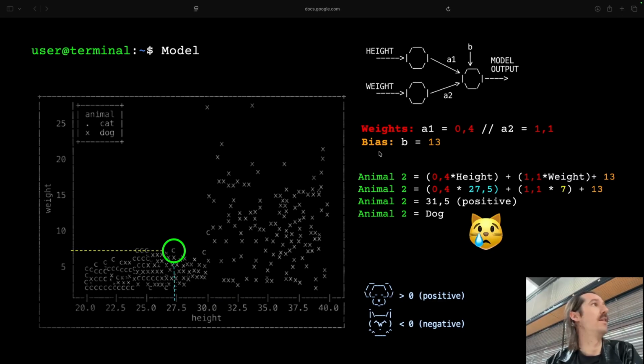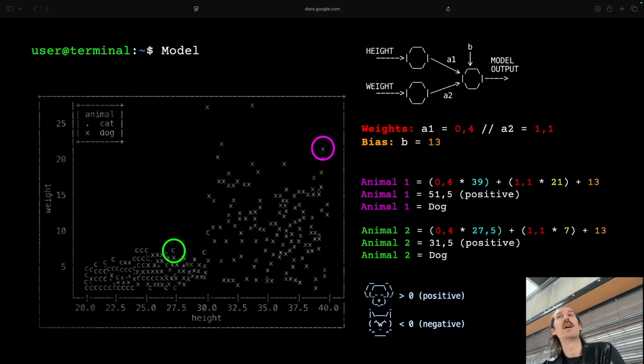So we have to go back and change them and figure out what these three parameters have to be to correctly identify animal 1 in our example as a dog and animal 2 as a cat.